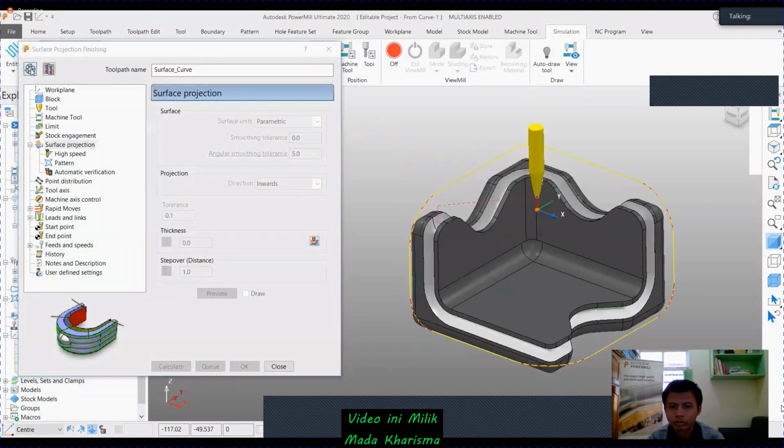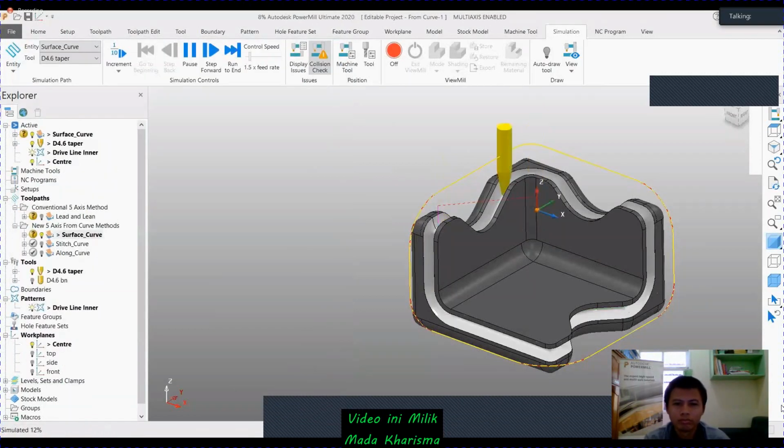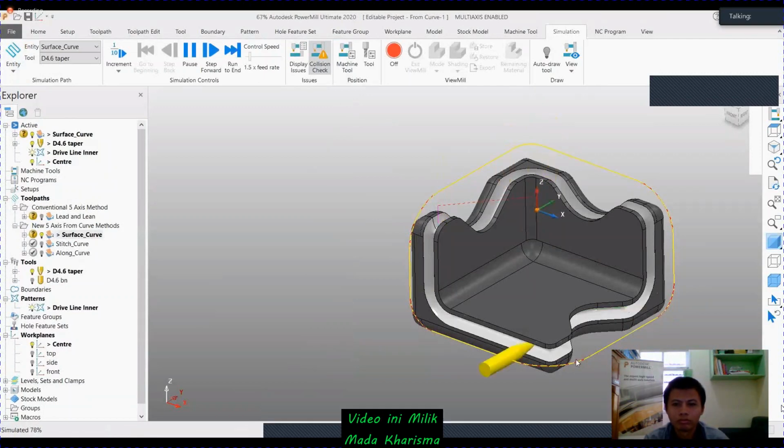That means this is the curve I'm going to form from. From that, I generated this toolpath. If you see the simulation of this, it is clearer. The tool axis is more stable now until the next axis change. Here is one change, the second change is here, the third change is here.